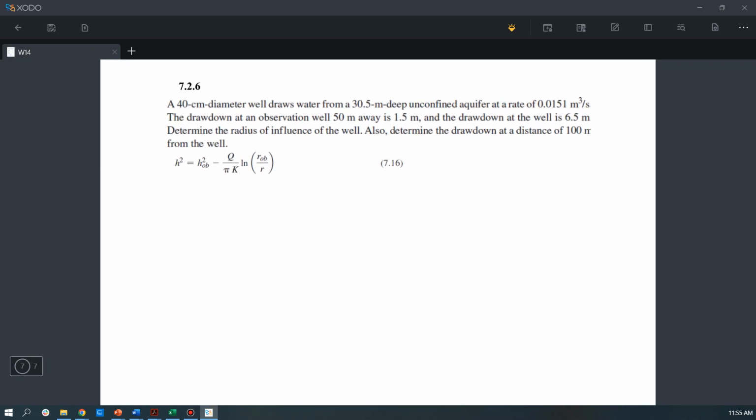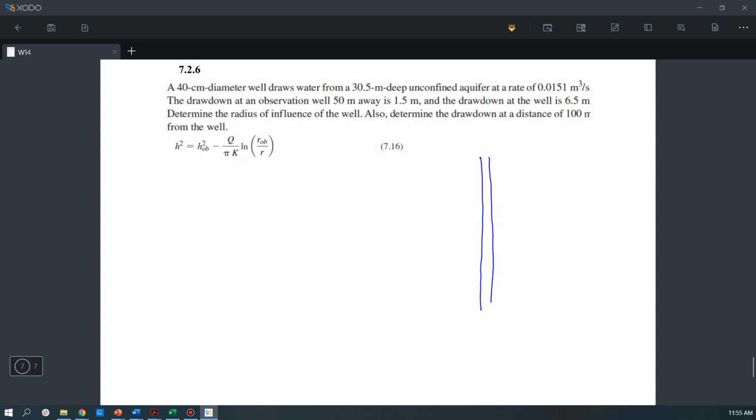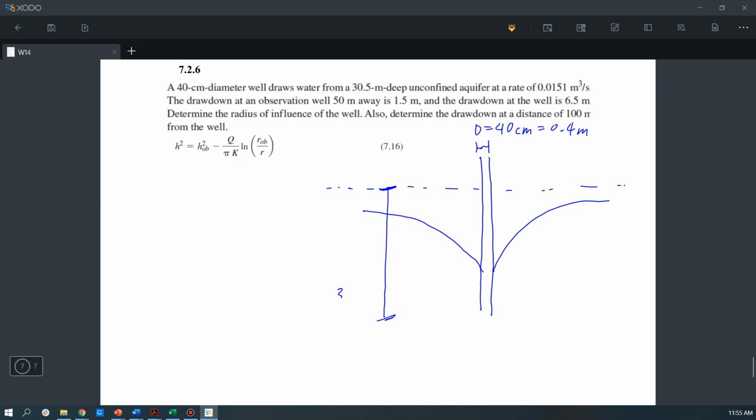Okay, let's look at the last problem for this week. We have a 40 centimeter diameter well, so this D is equal to 40 centimeter, that is 0.4 meter, and this is 30.5 meter depth on confined aquifer at rate equal to 0.0151 cubic meter per second. And the drawdown observation